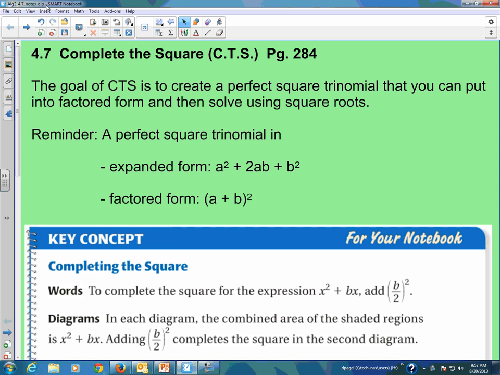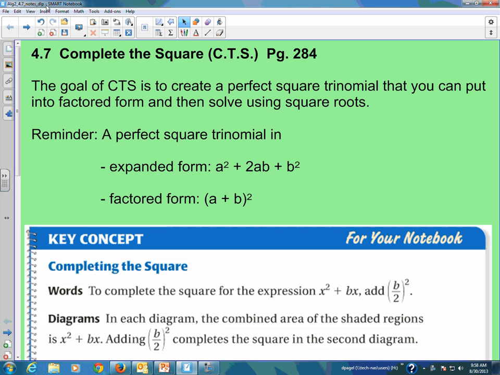Completing the square today. This is another option for solving a quadratic. So far we've looked at graphing a quadratic, how we can find the x-intercepts. We've looked at factoring a quadratic. We've looked at using the square root property. There's one other one after this, we're going to look at the quadratic formula. But completing the square is one of the two methods by which we can take any of our quadratics and